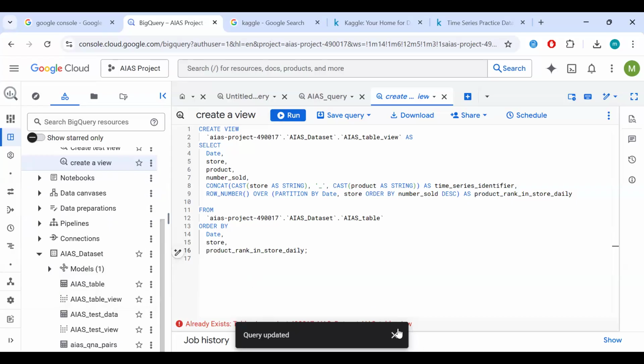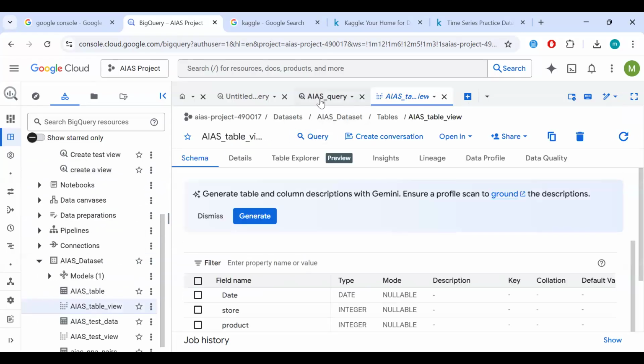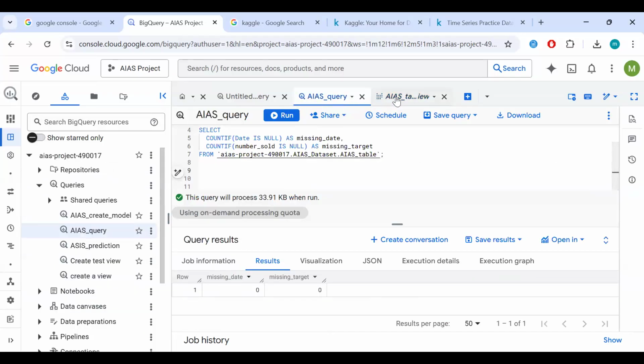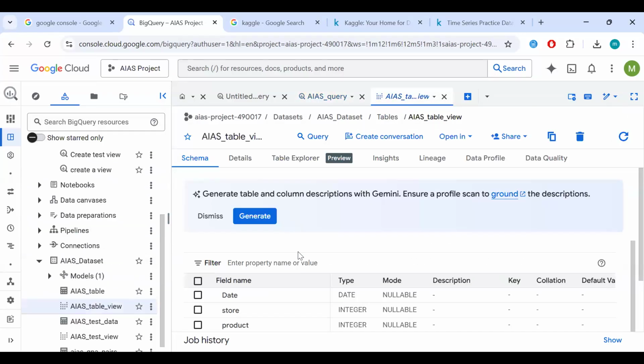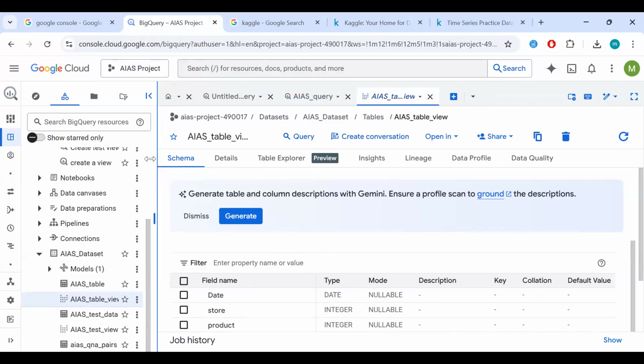But as you can see, it's saying this table view already exists. So I'll just go there and I'll open it and show you what it looks like. All right. So now we have our table view.